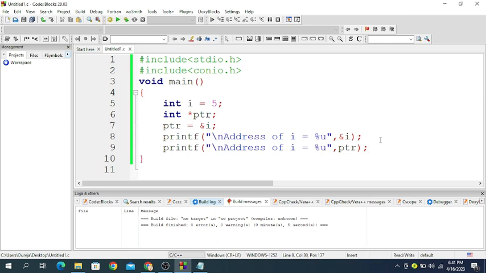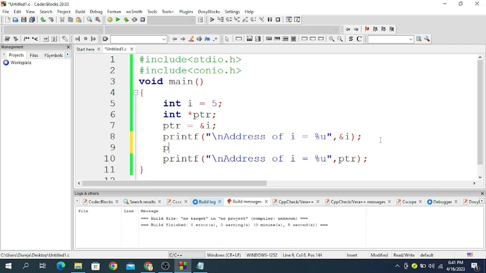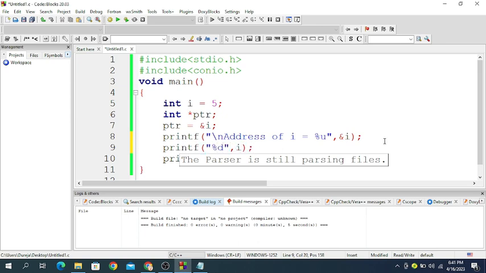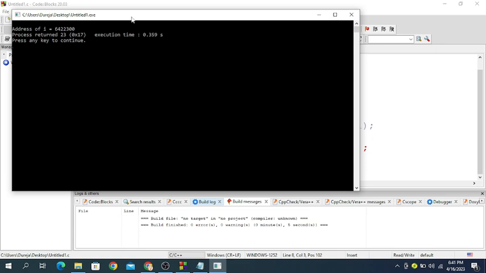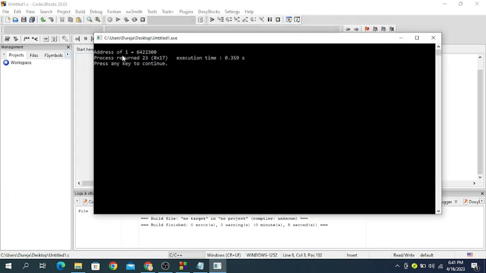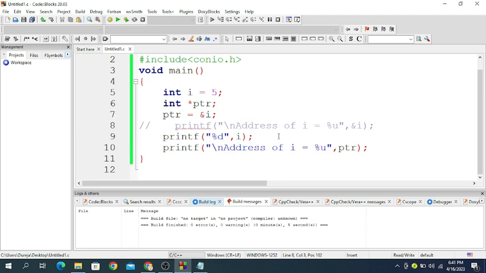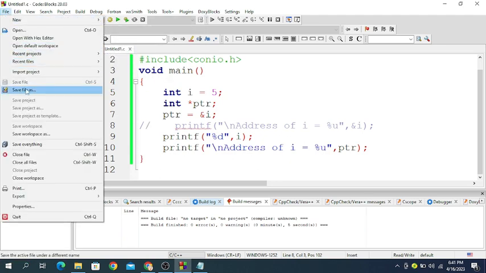Now suppose if I want to print the value of I, how can I print? With the help of printf statement, then percentage %d and then comma, and then I can directly print the value of I. So it will print the value of I here. तो इसको हम कमेंट कर देते हैं, this is comment, then going to run. तो you can check that first of all it is showing the address of I. अभी इसने वैल्यू को प्रिंट नहीं किया है, सो हमें वैल्यू को प्रिंट कराना है।